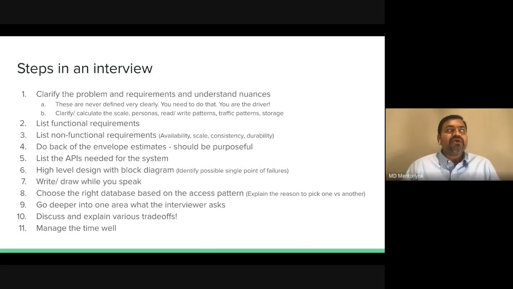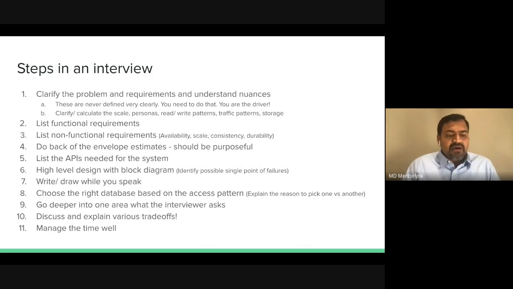And be cautious here: if the interviewer points out that let's design this particular thing, you don't want to argue right there. You want to understand and clarify the problem, and solve that. At the end of the day, sometimes I've seen in my experience, some people come in an interview and design a completely different thing, which was not even my question. So listen to the cues from the interviewer, and then clarify the problem, and then you can go out and design.